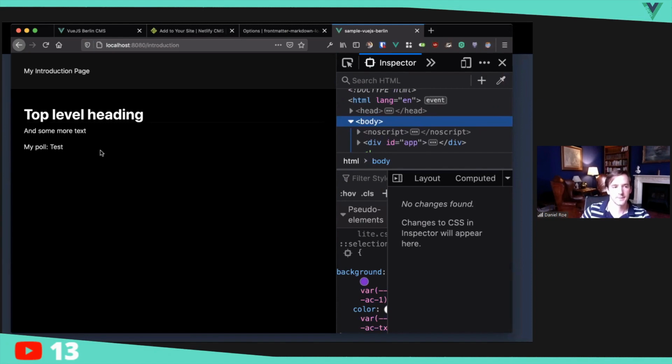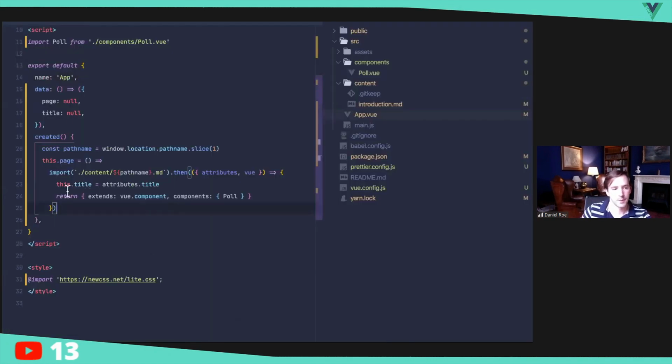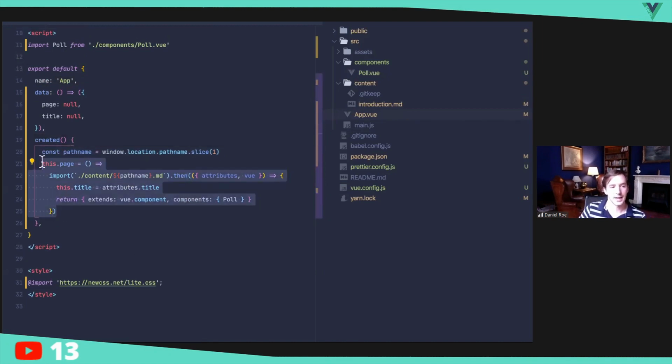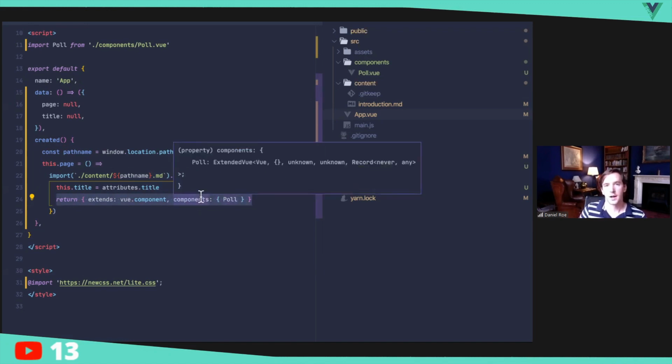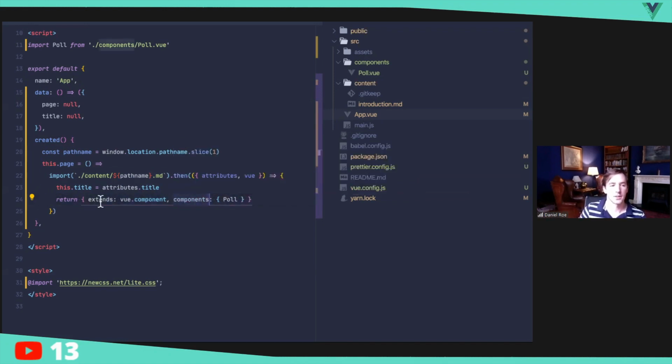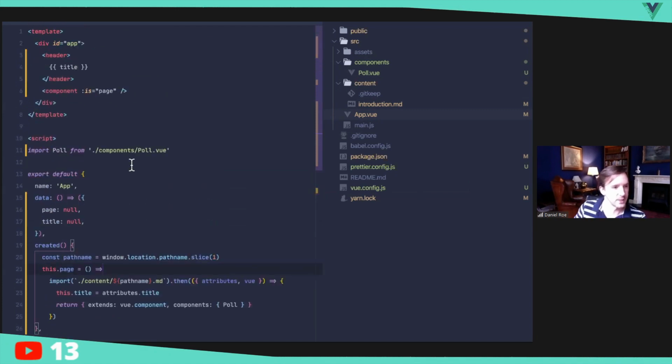My poll test. So with this kind of approach, if you're using Vue Router, you could do exactly this kind of thing to generate the routes for the pages. You could iterate over your directory, and you could create different routes for all your different Markdown files. And the component that handles them is something like this. You could even, if you wanted, look in the Markdown file, see what components are needed, and then inject those in the component that you're returning back if you really, really want to make it super performant in terms of